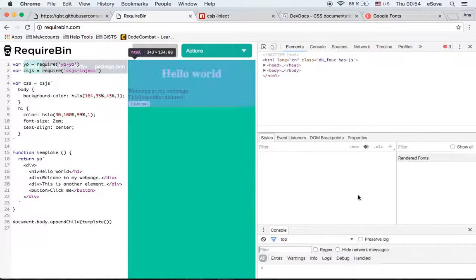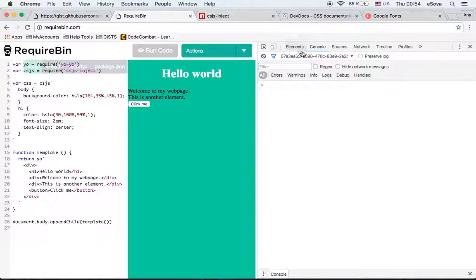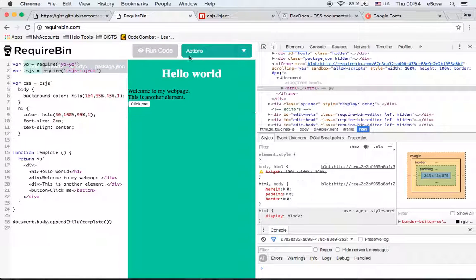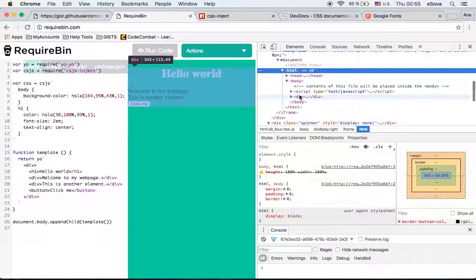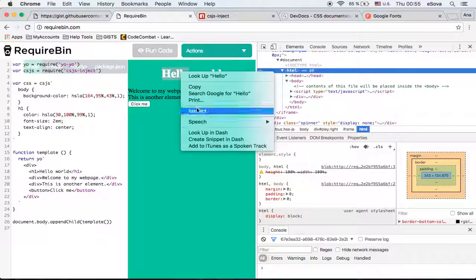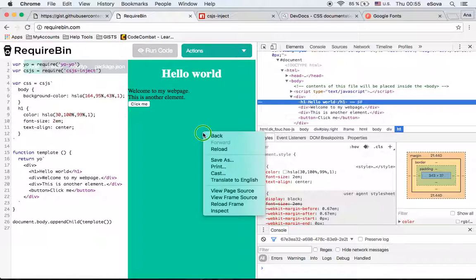We do inspect element. Until now we were only using console, but now we can use also elements. So when you do inspect elements, you can basically open HTML, and inside of the body you find all the elements. So you can click on the concrete element and it will find it for you. So it's an H1. And this is div, and this is a button. So if we want to change the background color, we click here